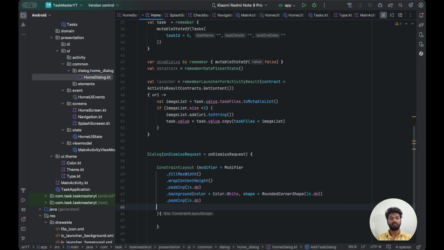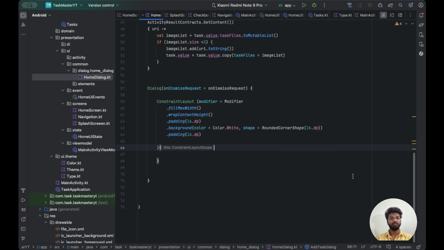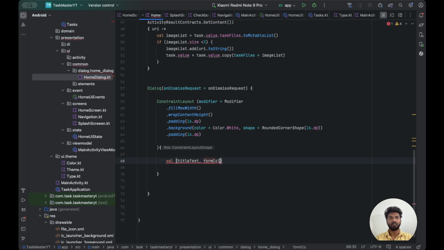Okay, so same like previously, we are going to add title text, frame column. Okay,